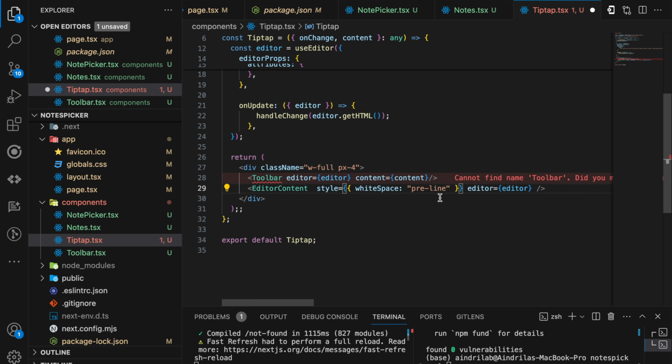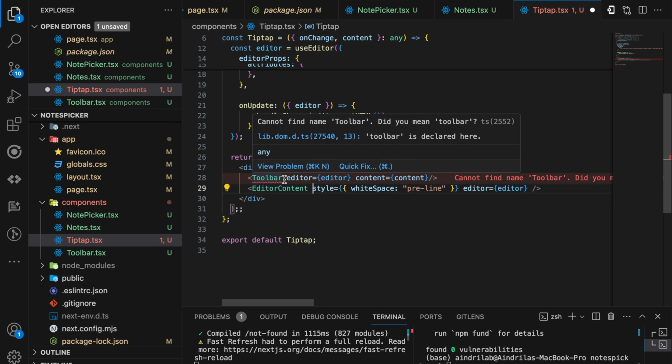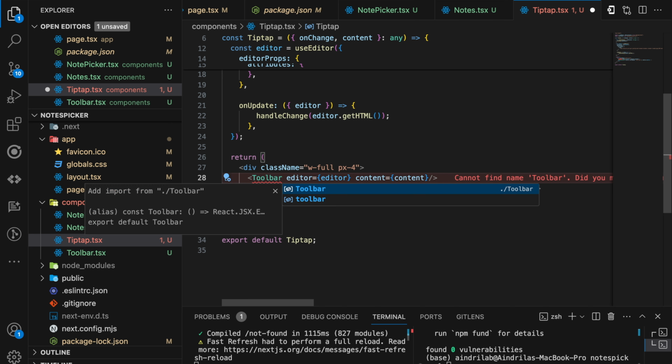This is specially used because when I am pasting the lorem ipsum or any other lines, the decorated format should be maintained. So for that, you have to use this style, that is white-space pre-line, so that it maintains its format. So now let me import the toolbar,